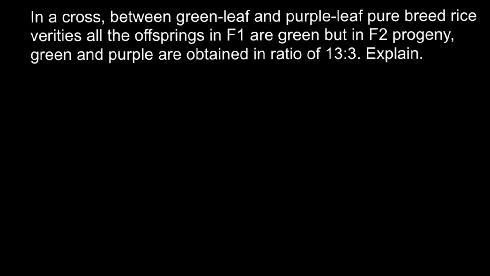Hello and welcome to Nikolai's genetics lessons, and today's problem is: in a cross between green leaf and purple leaf pure breed rice varieties, all the offspring in F1 generation are green, but in F2 generation progeny green and purple are obtained in a ratio